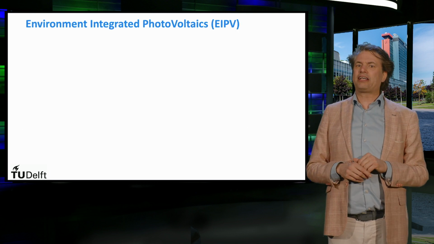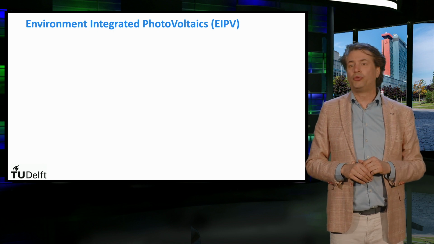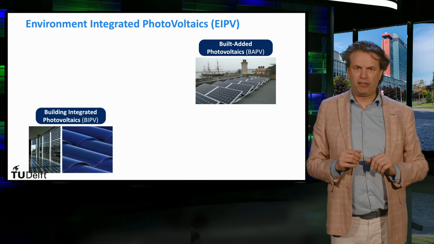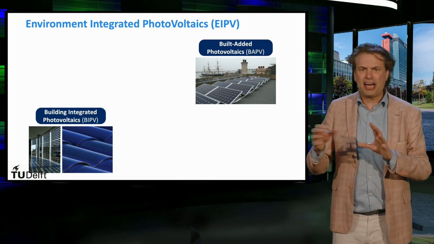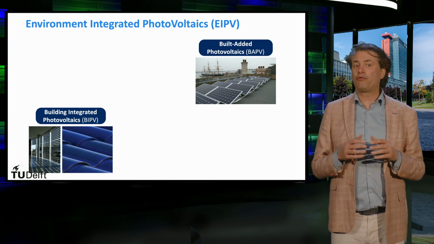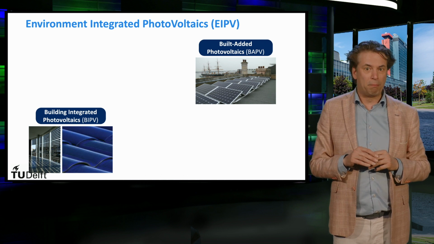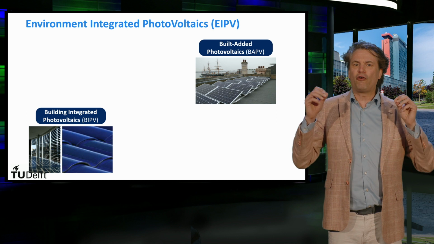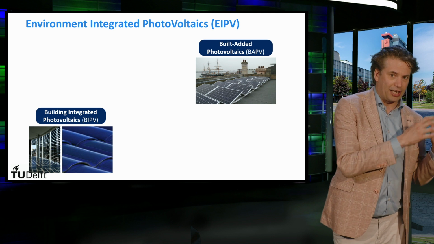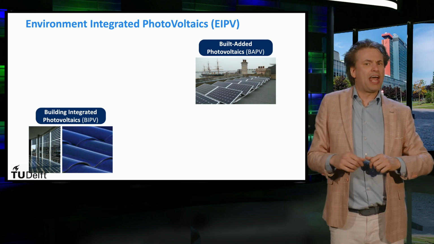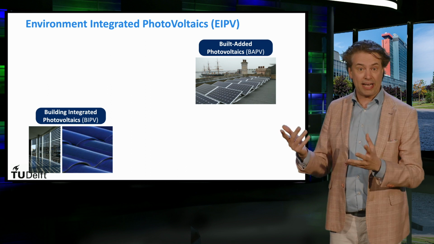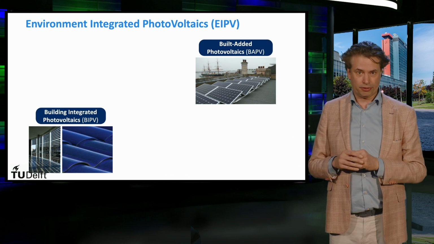In this last slide, we classify various PV systems according to their function. We start with two main categories of PV systems that occur when photovoltaics are either added onto buildings or integrated into buildings. On the right hand side we have the building-added photovoltaics, or BAPV, which refer to photovoltaic systems laid down onto the building after the construction of the building is completed. On the left hand side we have building integrated photovoltaics, or BIPV, in which PV modules replace conventional building materials.